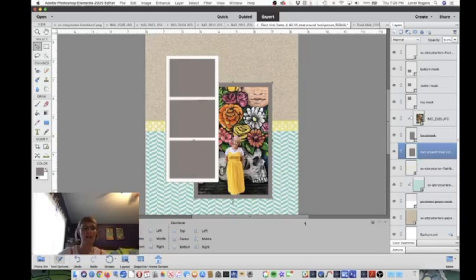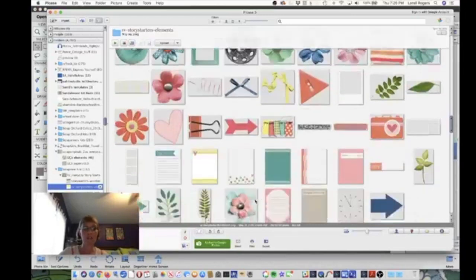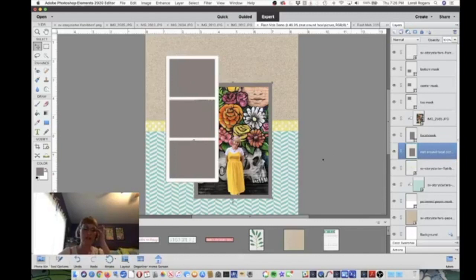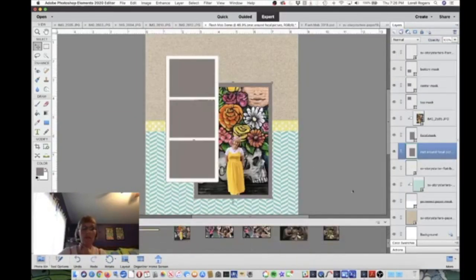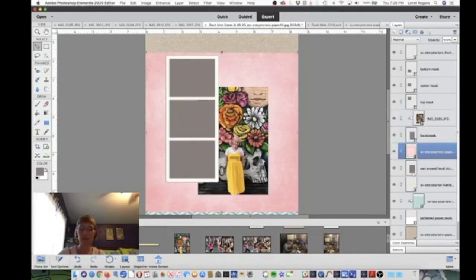So I need a place to throw that. So what I need to do is go get my paper. I forgot to grab this one. I'm going to grab that. It's right here. I've got the layer selected that I want this piece of paper to go in front of, so I'm just going to pull it up there. It's going to cover everything. It jumped up in the layers, so a couple of levels higher. So I'm just going to click that in now,